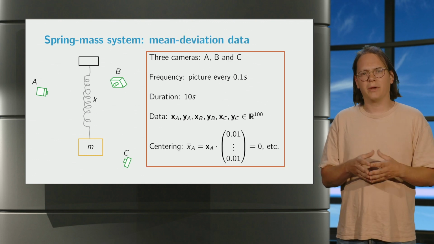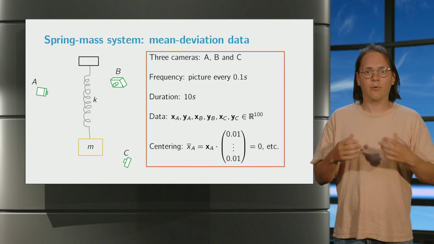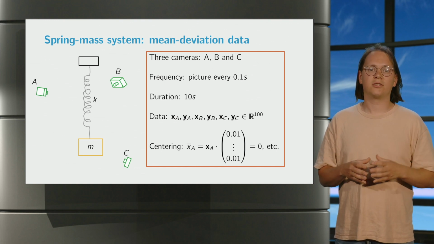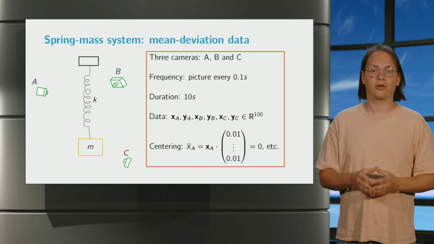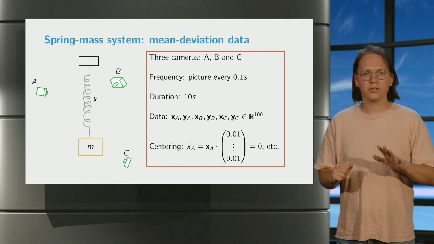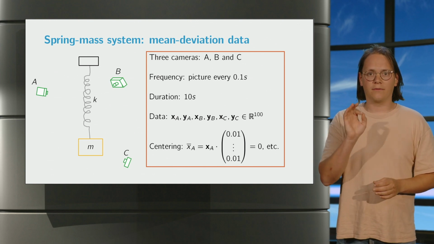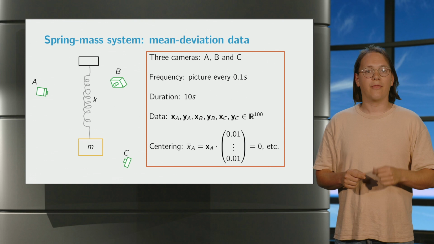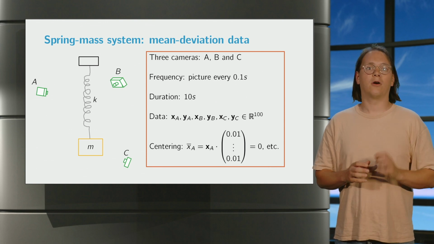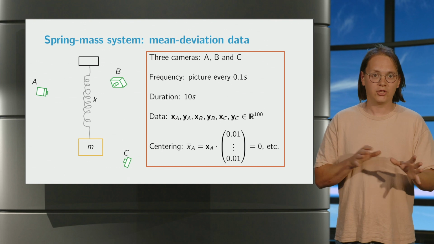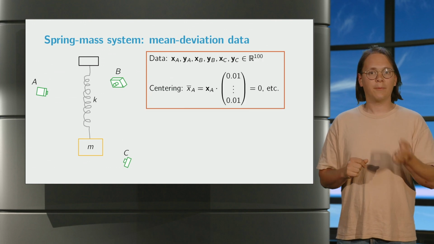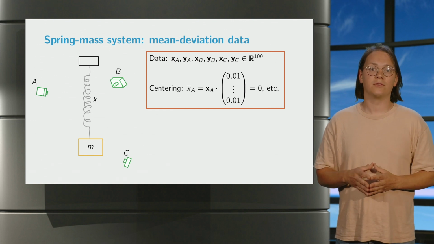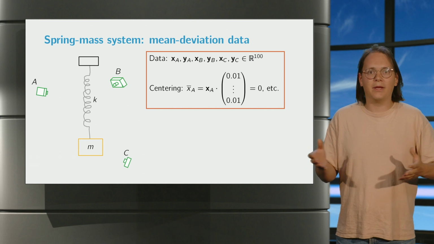Now, it would be strange to pick the coordinate frame in each camera frame completely randomly. So indeed, what we will do is make sure to pick an orthogonal coordinate system such that the average of the components of each vector is 0. In other words, we recalibrate by putting the origin of our axes at the point with x-coordinate equal to the average x value over all pictures and the y-coordinate equal to the average y value over all pictures. Of course, we do this for each camera separately. The upshot is that now we have 6 vectors of data, each of which has 0 as the average of its components. But of course, this data will be heavily correlated.